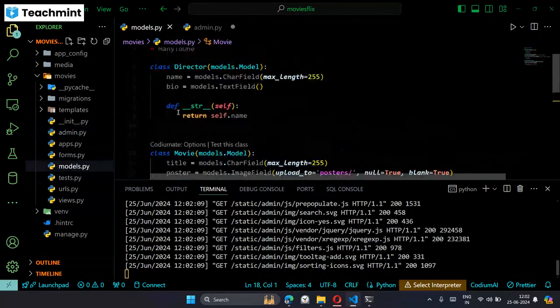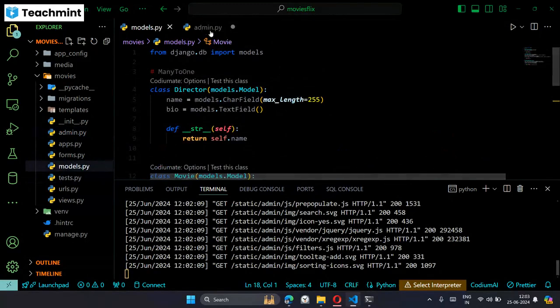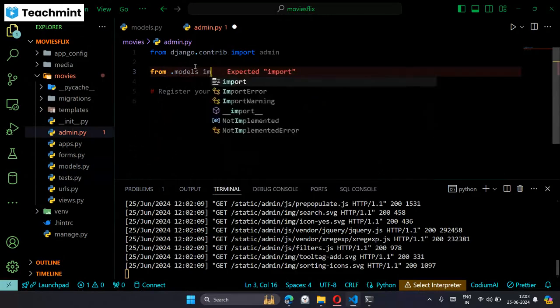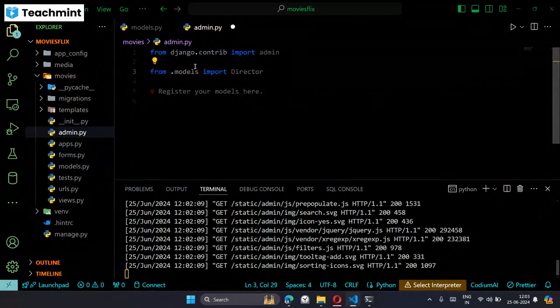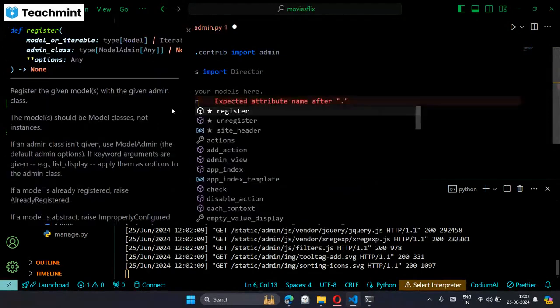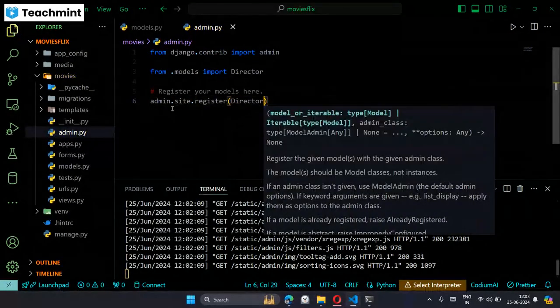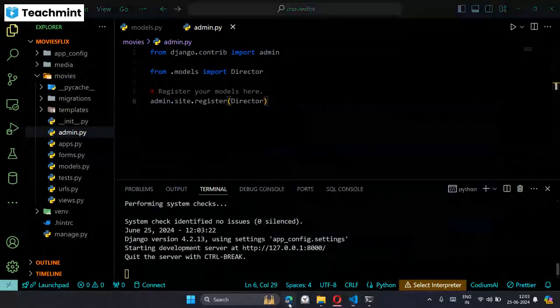I want to display the Director model in the admin panel, so: from .models import Director. Admin is already imported. What you have to do is admin.site.register the Director model. Save it, and now if you refresh here,